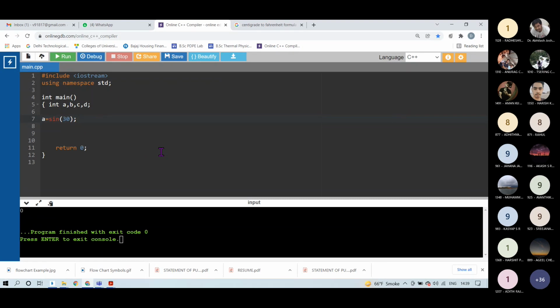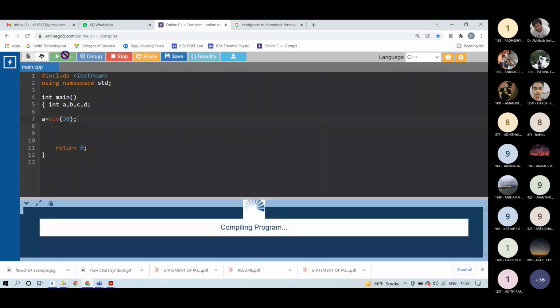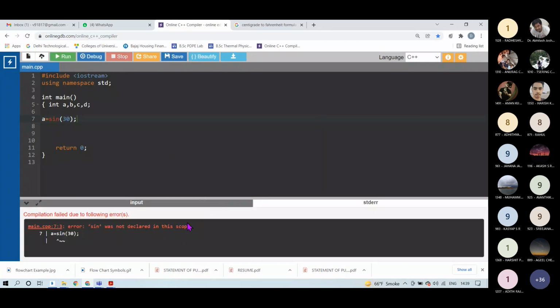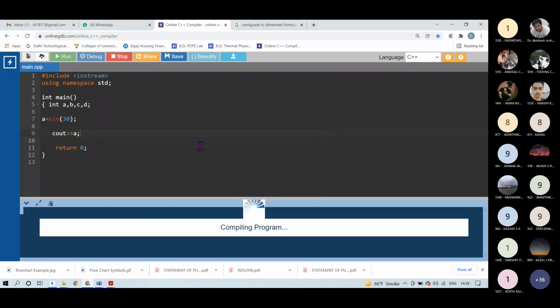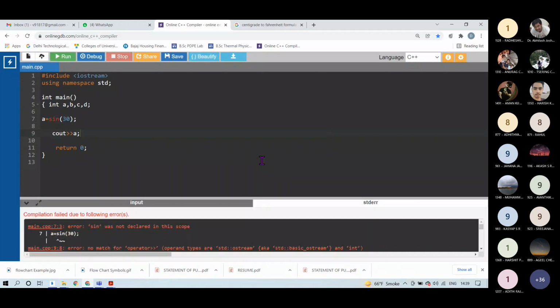So can you tell me whether it will work? Will it evaluate sin 30 and will it store into the variable A? Yes, it can do, but let's see first. In this particular, So C out. No, C out is different thing. It will not give you C out also. So we can use C math. Sir. Yes, very good. किसने बताया? Aman Sir. Yes. C out के बाद greater than or sir.